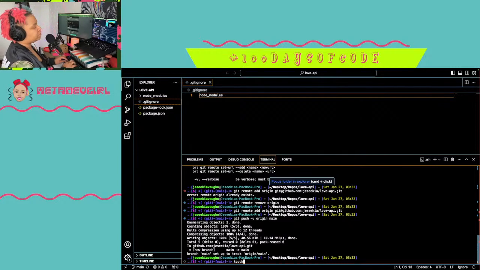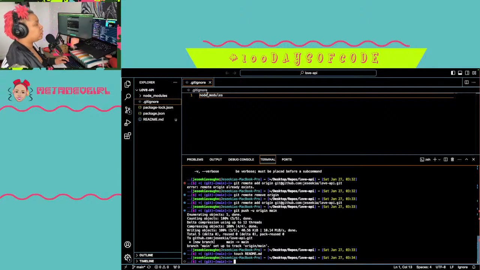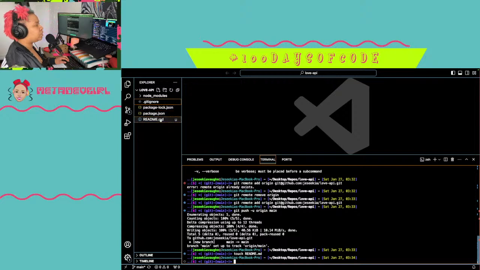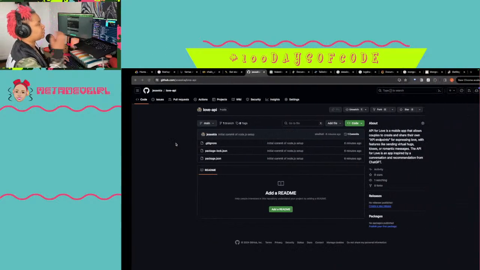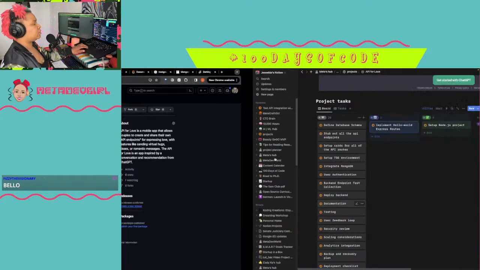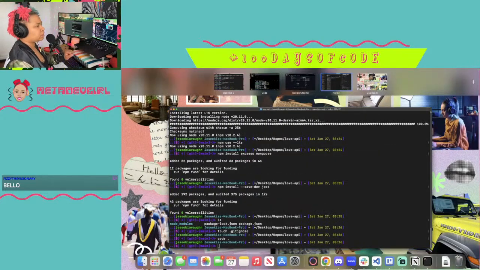Let's add a readme.md. We'll put a readme in the next file. Should have put a readme in that initial commit, but that's okay. We don't need that no more. Let's see, what's it called? This is called API. Okay, and now I'm gonna put the description in there. Here, let's do this. Put the code in between Notion and Chrome.